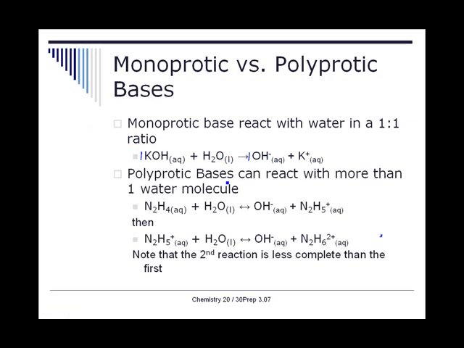Polyprotic bases can react with more than 1 water molecule. In this example, dinitrogen tetrahydride reacts with water. When it reacts once, it produces an ion and 1 hydroxide. And it turns out that for this particular example, now this isn't one that I would expect you to know or even be able to predict,